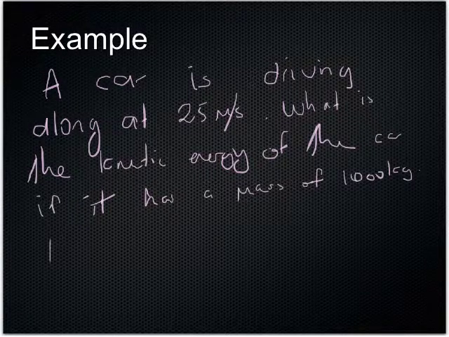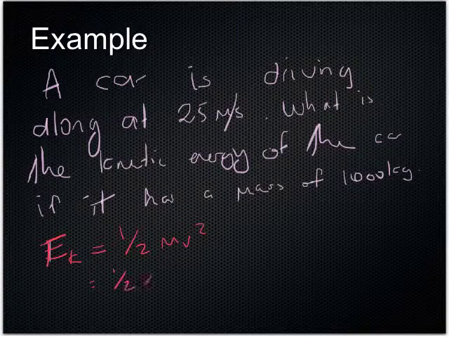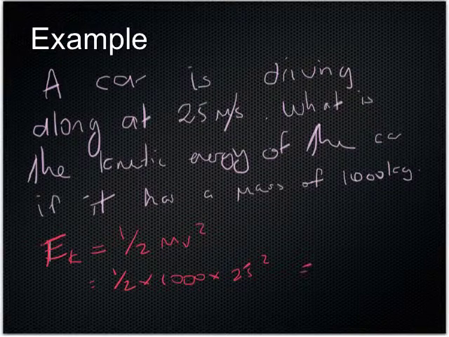So just putting into the formula, EK equals half mv squared, so it's going to be half times 1000 times 25 squared. So that equals 313,000 joules,